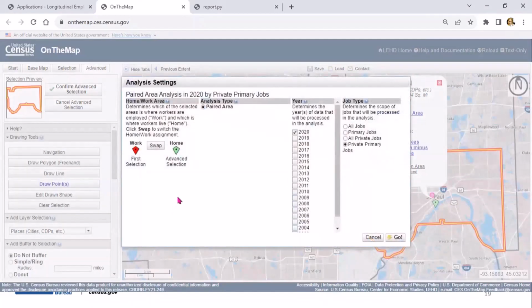And then this is a different analysis setting. So it has work, which is the first selection, which was Minneapolis, and then it has home, advanced selection, which was St. Paul. So we're going to keep it as is, and I'm going to click on primary jobs. I think that's what the example said, primary jobs.